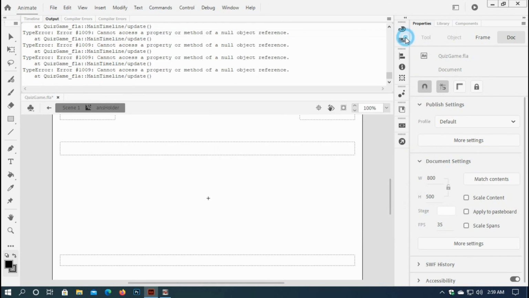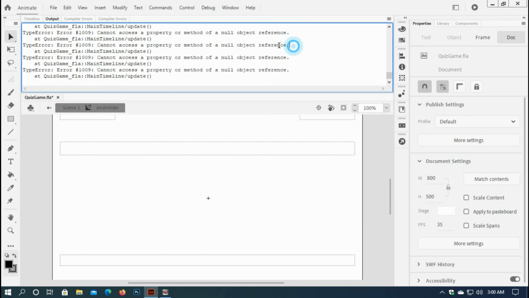It's okay, but here it says an error. And you can also hear the sound of ticking. So the problem is